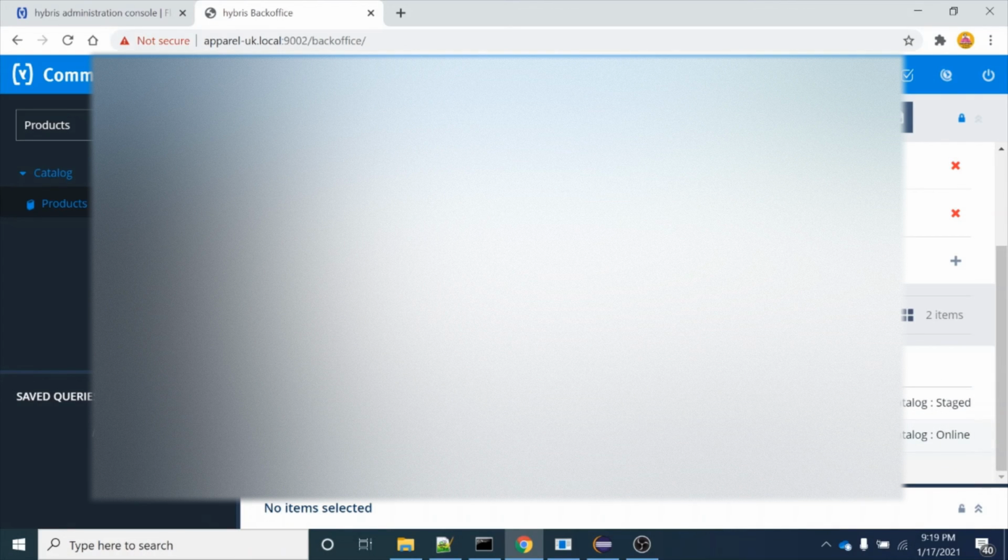But if my requirement is that I need to search this product or these product values in the online catalog, for that I need to have a query where I can have a join between the product and catalog version tables, and then I will just give the catalog version value as online catalog, right? So what is that query? Why am I giving you this query? Because you will be using this query frequently in your